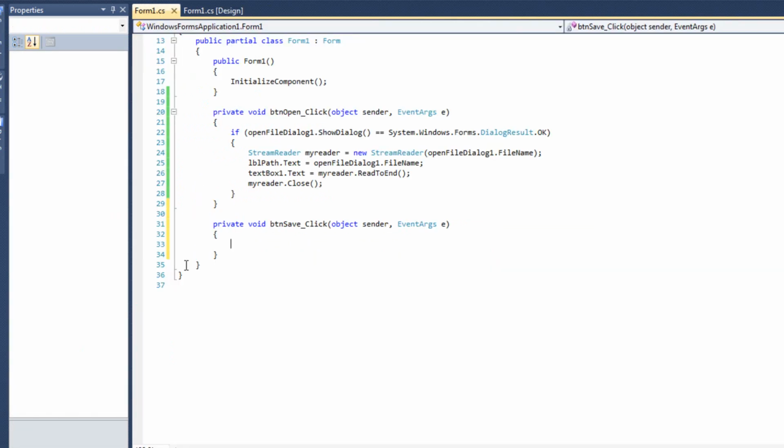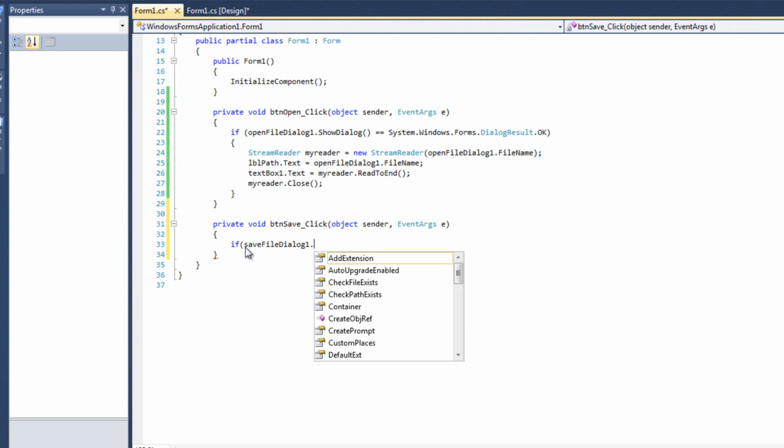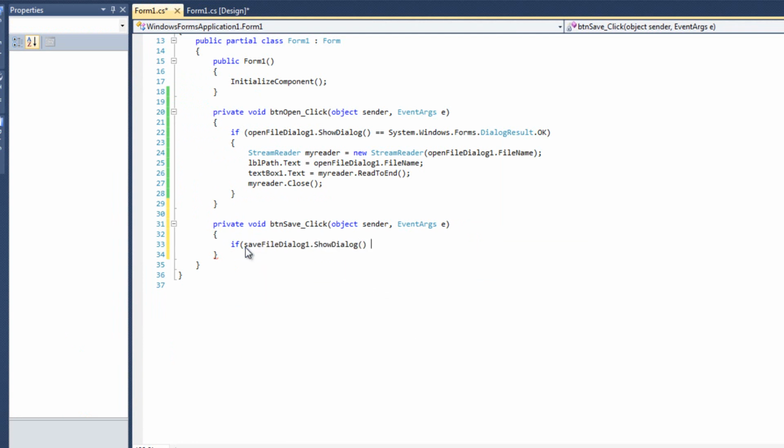So I'll go ahead and hit save, double click on save, and what I'm going to type in is, again, they have to say OK. So if SaveFileDialog.ShowDialog equals System.Windows.Forms.DialogResult.OK. Yep. So if the user said OK, then what I want to do is write to the file. So I'm going to say StreamWriter, myWriter